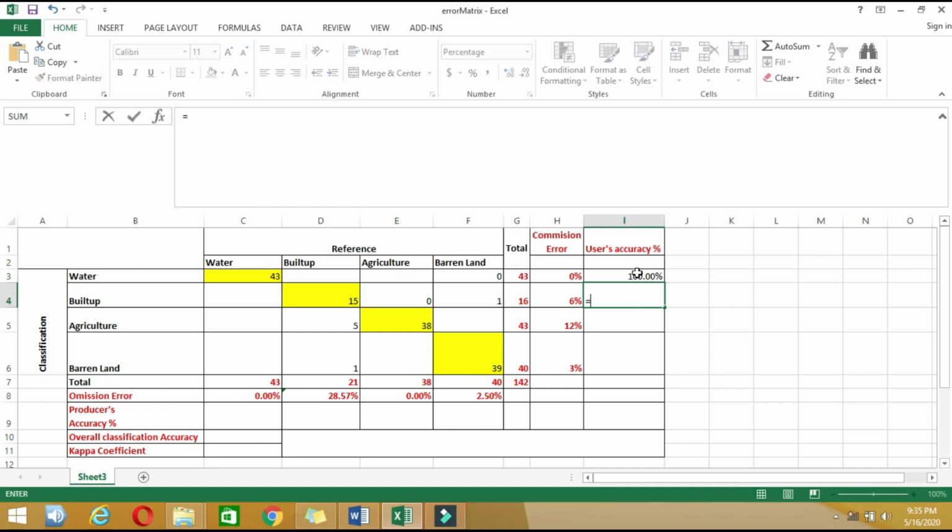We calculate by the above formula, 15 divided by 16, so it's approximately 94%. Then again, 38 divided by 43 is 88.37%. Then you can calculate 39 divided by 40, and it will give you the value. So this is your user accuracy for your classification scheme.